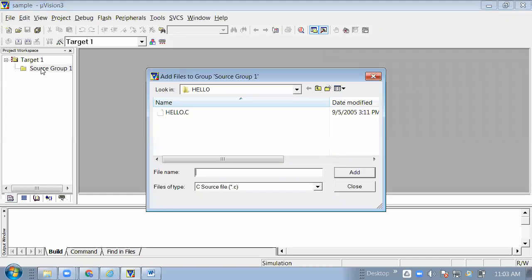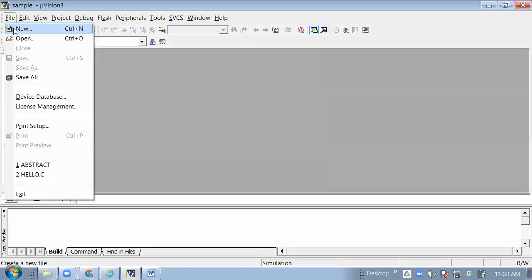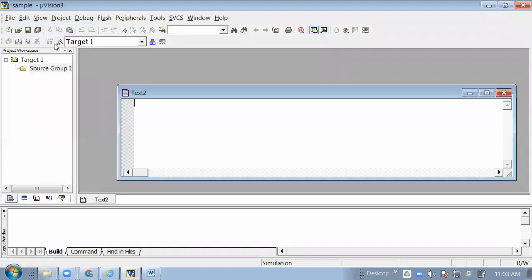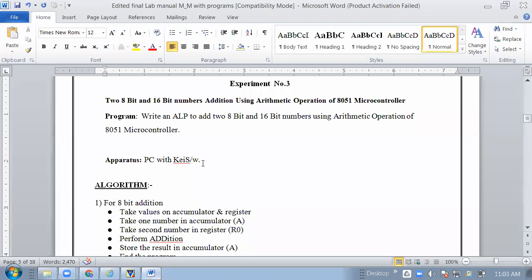See, this is the source group. Then you have to create a new file. Just copy the simple program.